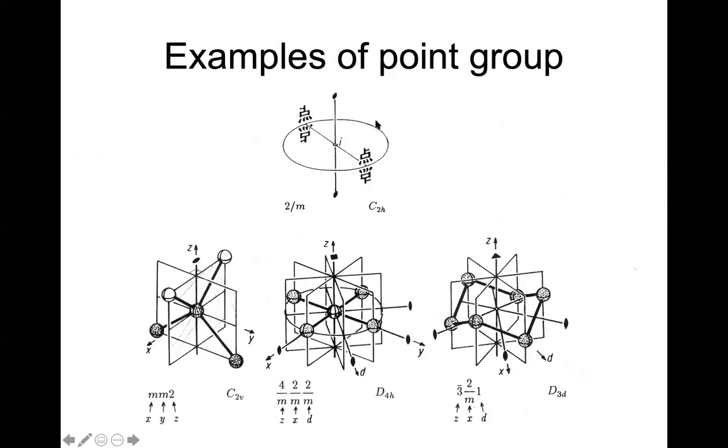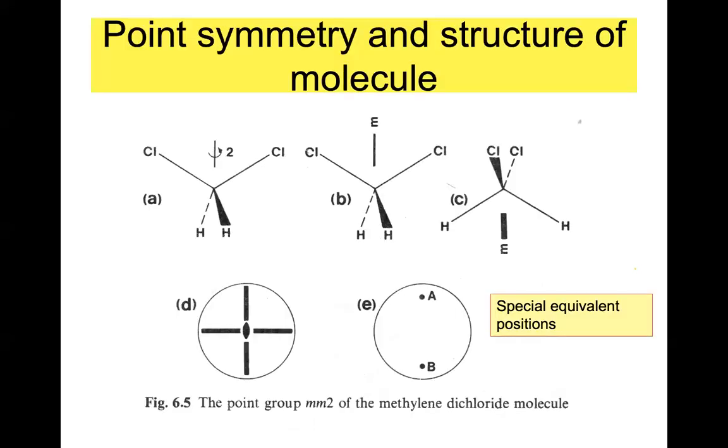So another example of point group is this one. So two-fold rotation I have already shown. It comes here, center of inversion, it goes there. So this possesses center of symmetry. So an example is methylene chloride, CH2Cl2, MM2 point group. Okay. So you can say two-fold rotation and mirror plane like this and another mirror plane like this. So this is molecule. So there is a point group. This is not space group. Okay. So this another example, you can go through it. If you people are interested, I can send the PDF file, you can go through it.